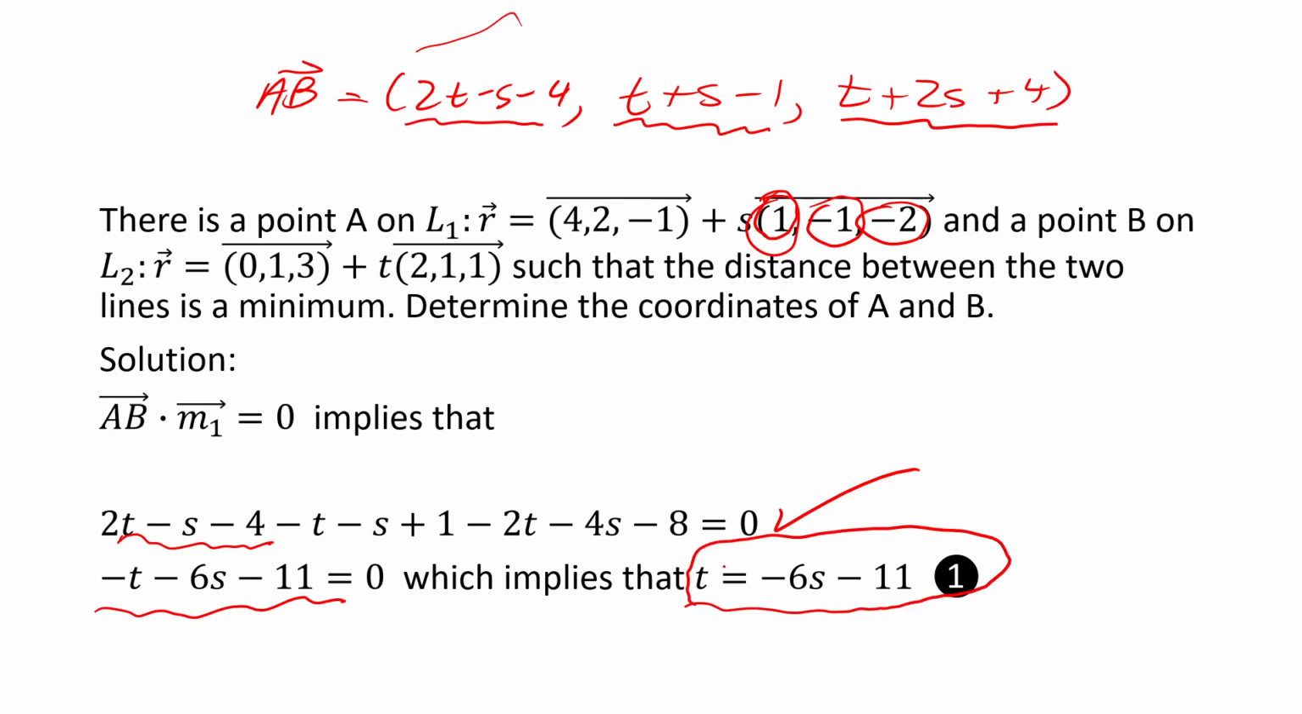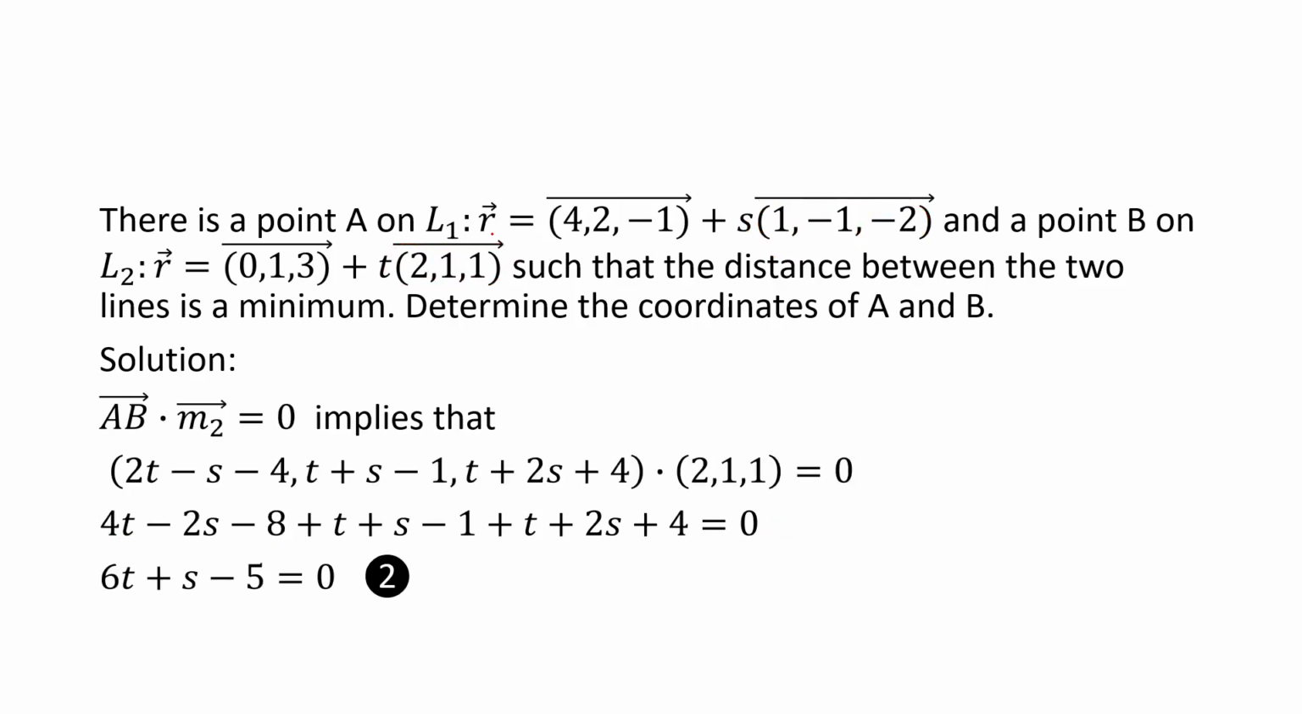We've got one equation with two unknowns. Now what we're going to do in the next slide is dot it with the other direction vector. So we'll take this expression for x, which is 2t minus s minus 4, multiply it by 2, and then this expression for y multiplied by 1, and this expression for z multiplied by 1, and we'll add them like we do with dot products, and we'll come up with a second equation. Okay, and when we do that, we get this, and so equation 2 tells us 6t plus s minus 5